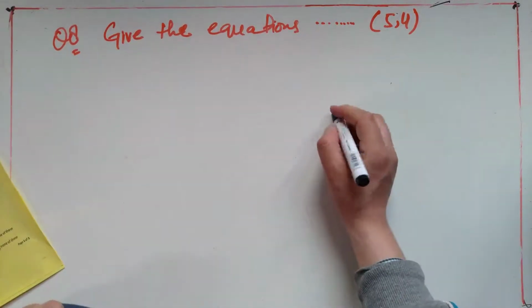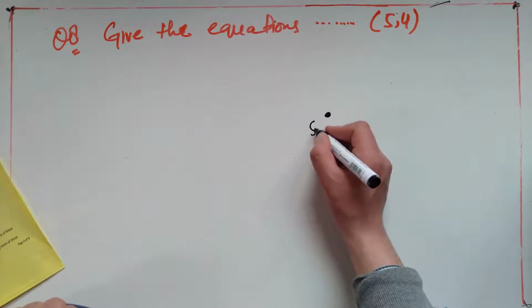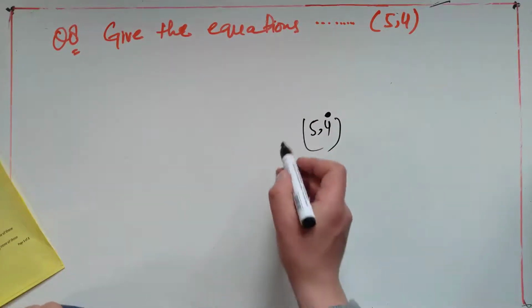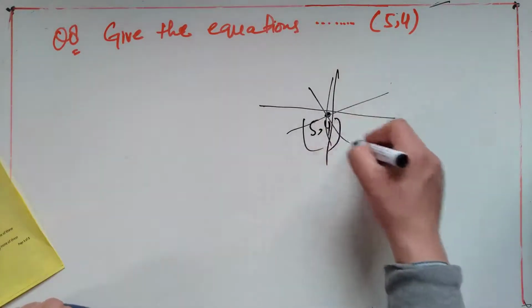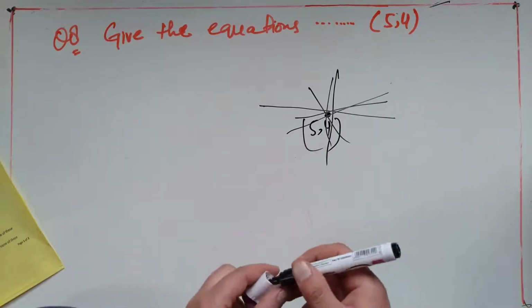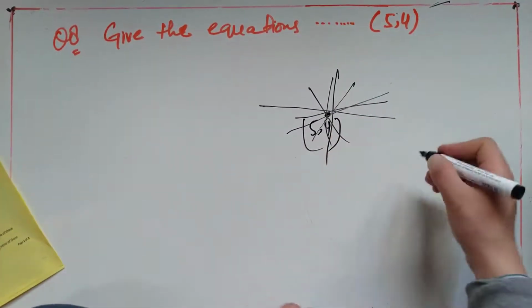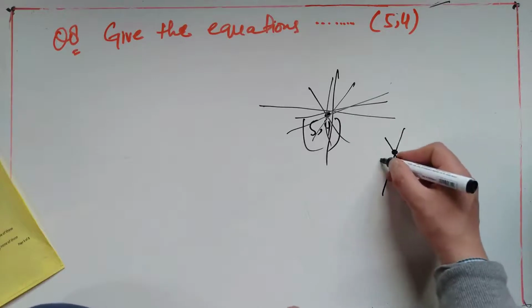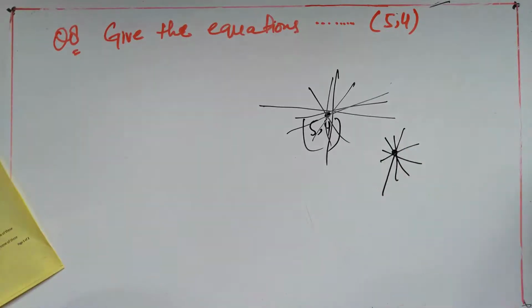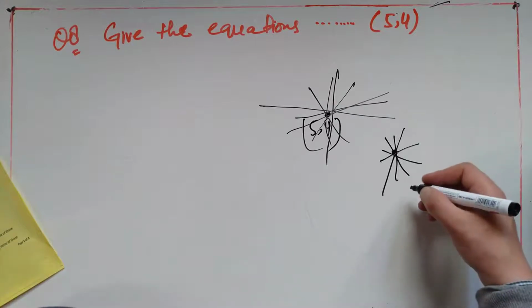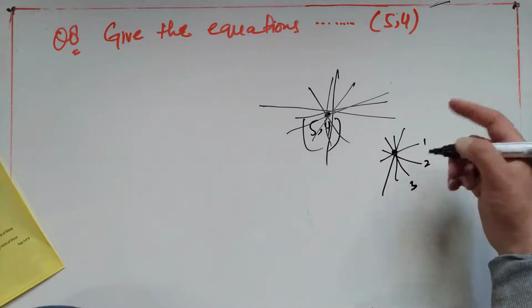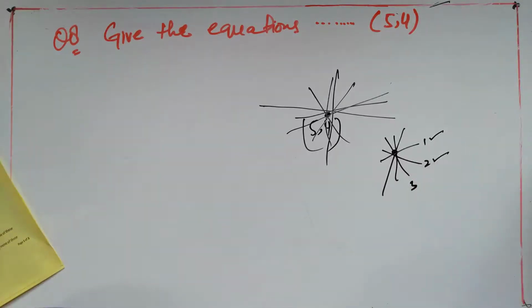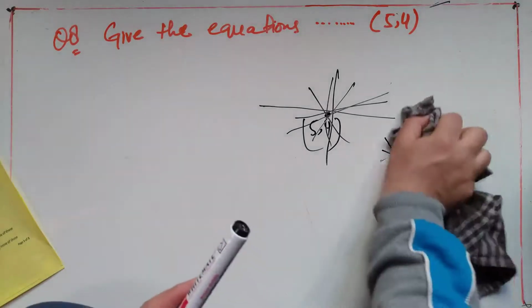So if you have a point (5, 4), let's say this is the point (5, 4). Through this point, I can draw infinitely many lines, also called concurrent lines. Through this single point, I can draw infinitely many lines. And out of those infinitely many lines, I have to give the equation of just two lines. There can be infinitely many lines passing through one point. I have to give the equation of just two such lines. How to do this? It is pretty simple.